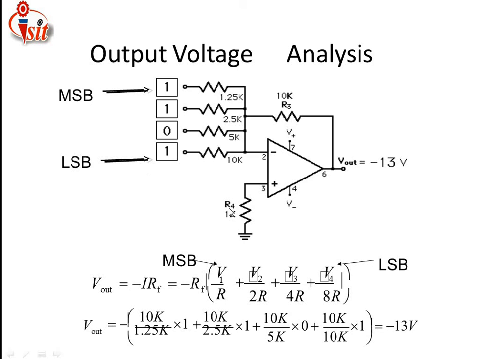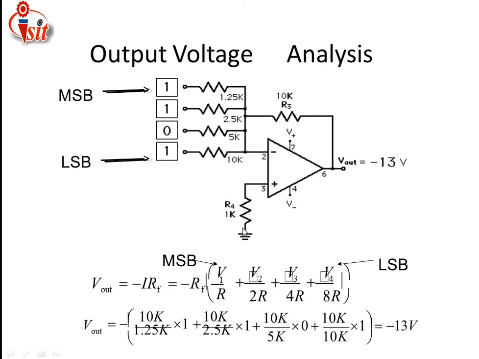And here through the R4 resistor, the positive terminal, the non-inverting terminal of the op-amp, is connected to ground, and the positive voltage supply as well as the negative voltage supply with respect to ground, VCC, is applied to pin number 7 and 4 respectively. The 6th pin of the op-amp is used for the measurement of output. By using these values and this resistor value, here we are getting -13 volt output voltage. How are we getting -13 volt output voltage?